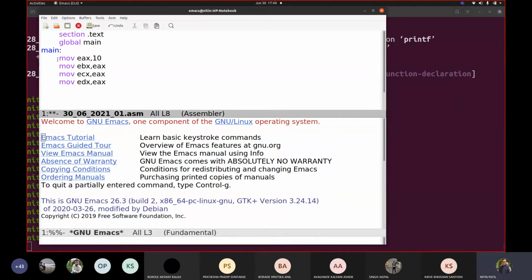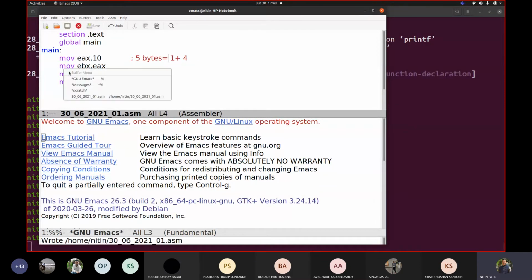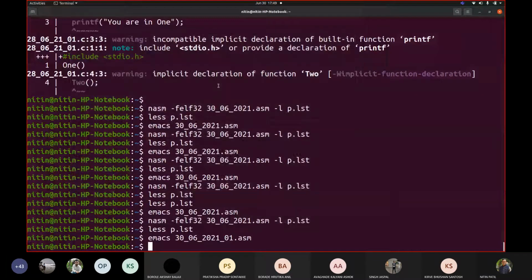Now, for this case, what was the size? We saw 5 bytes are taken, correct? One for the opcode, and for 10 we saw it took 4 bytes. So that's why 1 plus 4. For this, how much should it take? Let us see how the instruction differences are captured. Okay, I assume you must have seen my code.